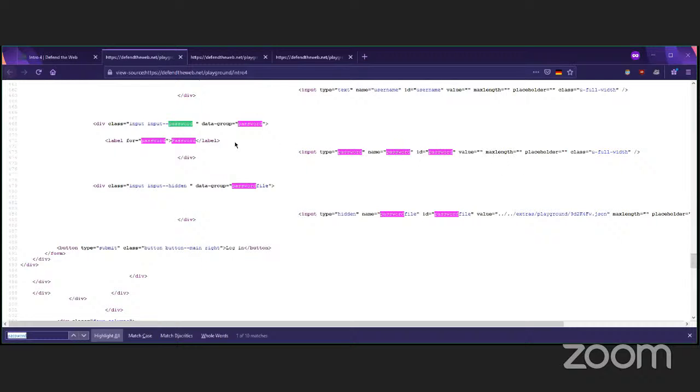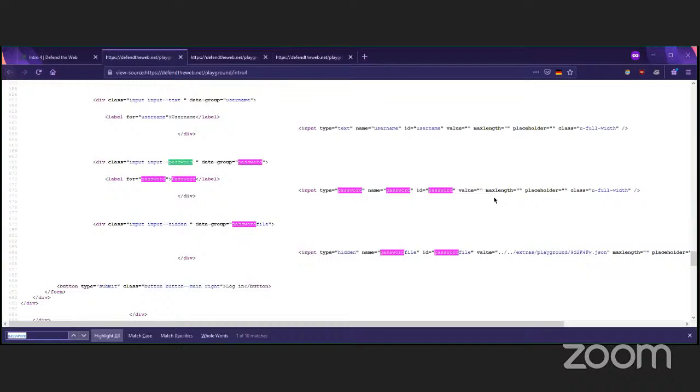Alrighty. If I see something like that, I see that there's a path right here, right? And this is somewhat of a vulnerability. If anybody knows what this vulnerability is, I mean, this exploit is, please feel free to write that in the chat box. But this looks curious. This looks weird inside of an HTML file.